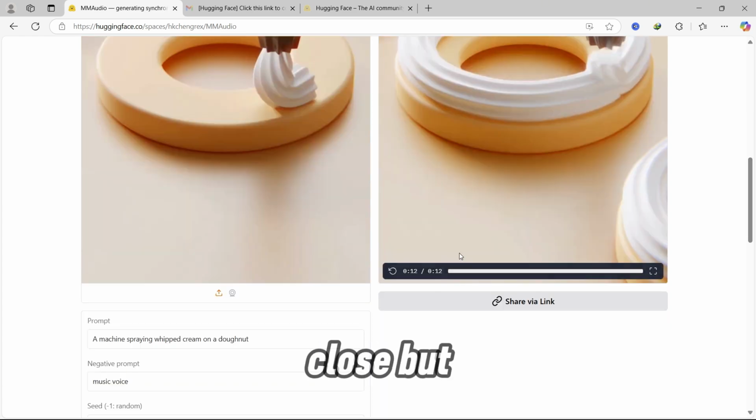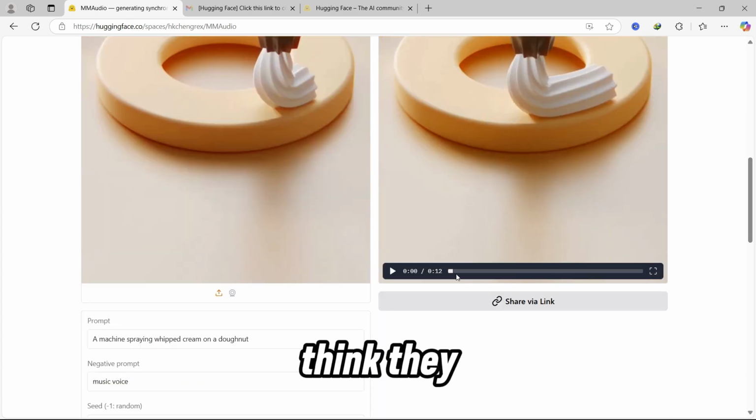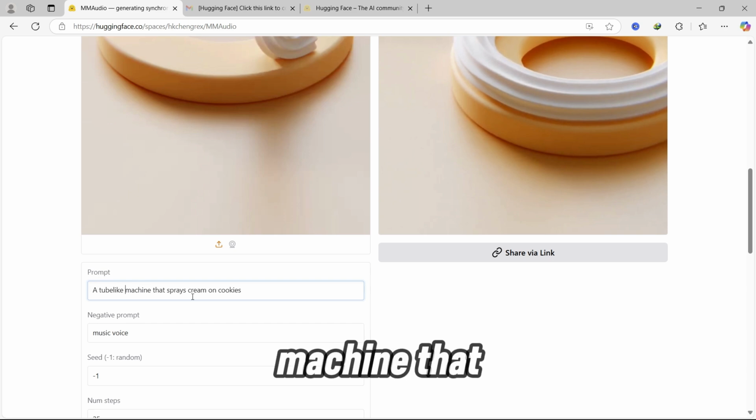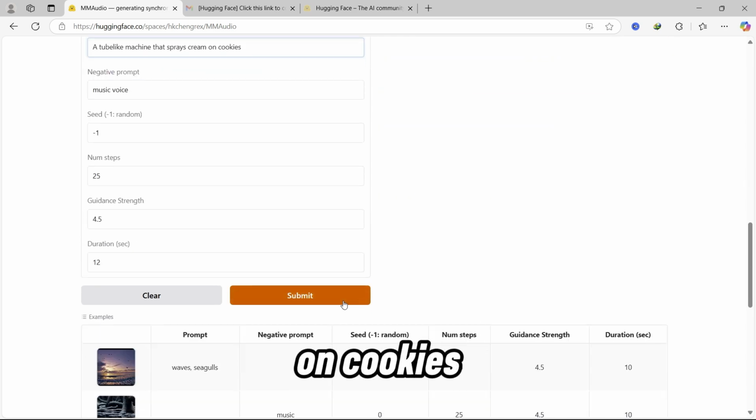That was close, but I don't think it got it right. Let's see if we can modify the prompt a bit. Tube like machine that sprays cream on cookies. All right, so